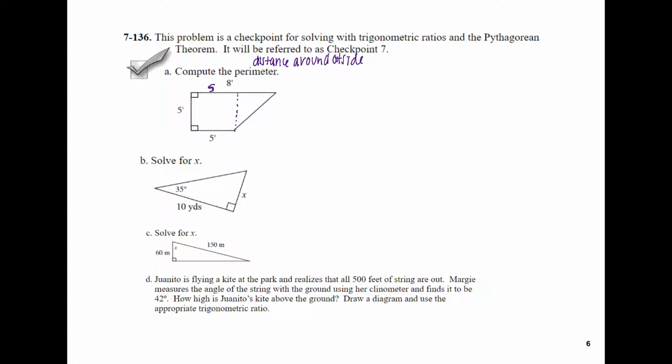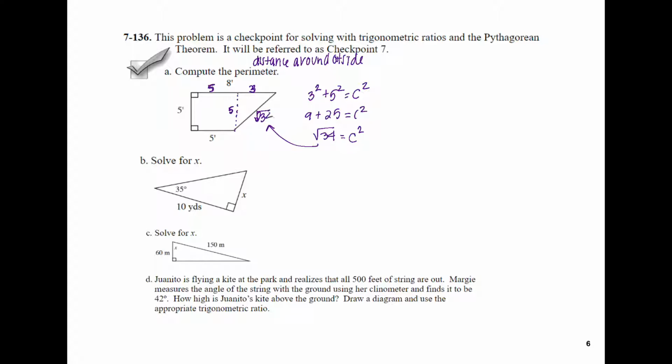I would know that this piece of my rectangle is 5, which would leave 3 over here, which would equal 8. I then know that my height is also 5, so I could use the Pythagorean theorem. 3 squared plus 5 squared equals my hypotenuse squared. 9 plus 25 equals c squared. So c equals the square root of 34, which means my side is approximately